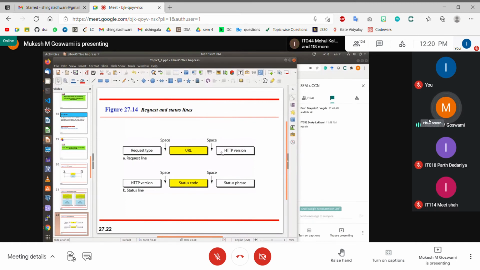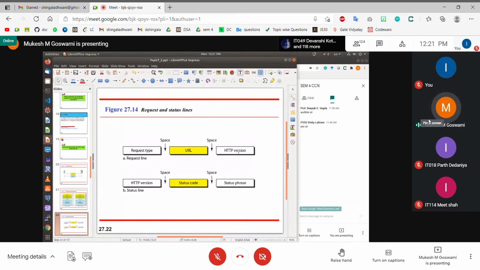And then you have the HTTP protocol version. There are various versions of the protocol. So which version of the protocol you are using here, you have to mention explicitly, the version used by the client. It may be possible that the HTTP server is using a different version of HTTP and the client is working with a different version of HTTP, right? So this has to be common on both sides. Then the client would be able to interpret the content which is sent by the server.